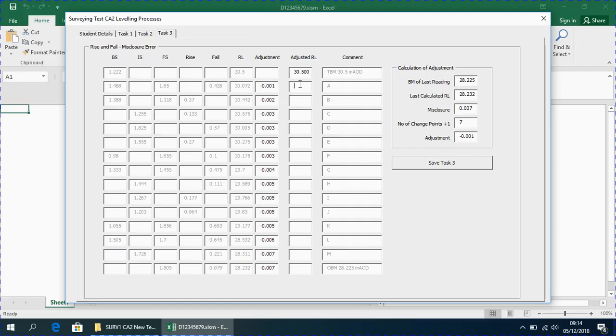So now that I've worked out the adjustments, I come over here to this reduced level, and I'm going to reduce this one by 1 millimeter. This one here, I'm going to reduce by 2 millimeters. This one here, I'm going to reduce by 3 millimeters. This one here, I reduce by 3 millimeters. Once again, it's 3 millimeters, so it's 172. This one by 4 millimeters,